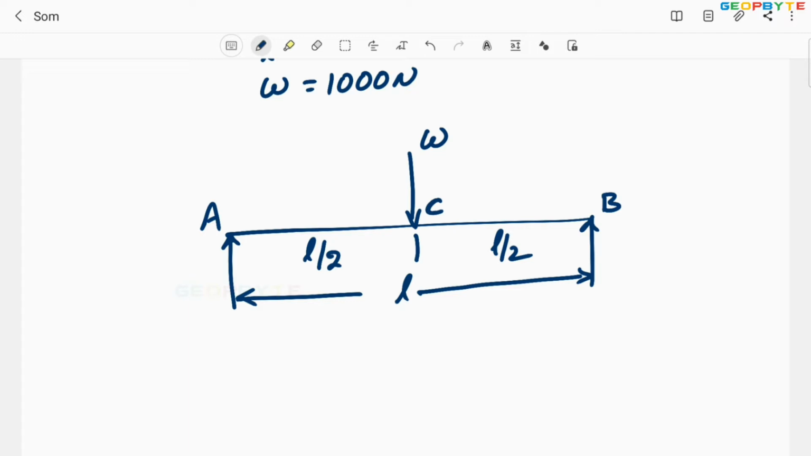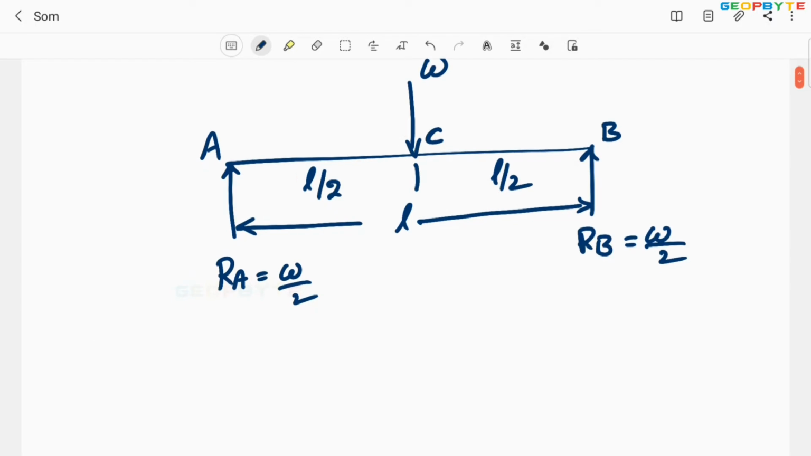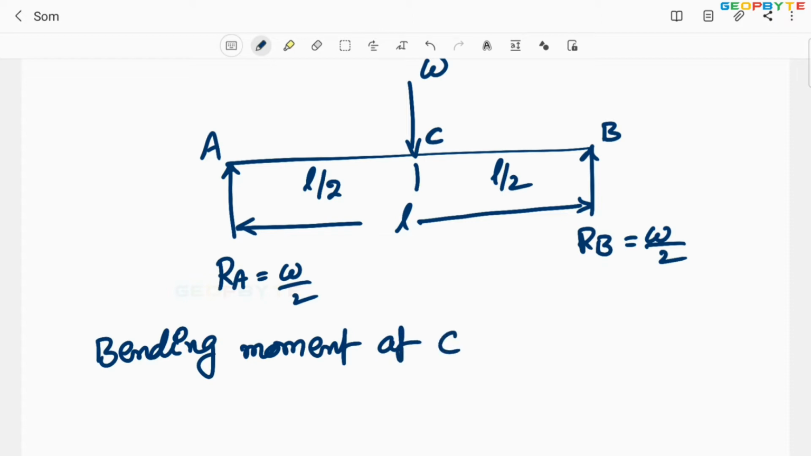Since only one load is acting, that too at the middle of the beam, the reaction at A, RA, equals half of the load, and the reaction at B also equals half of the load. Then the bending moment at C, at the middle of the beam, that is MC, equals the load W by 2 multiplied by